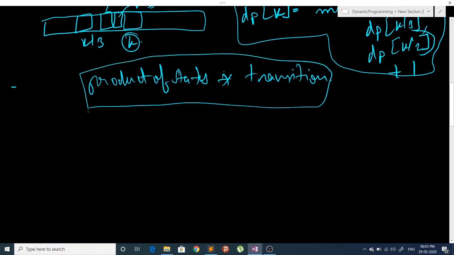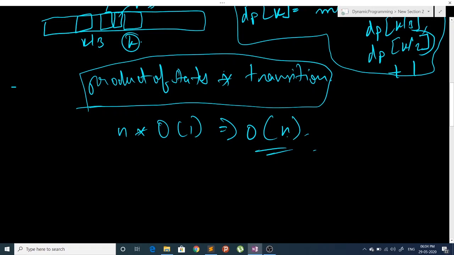This is the complexity of every DP solution. Our state is just the index, or let's say n, and our transition takes O(1) time. So our total complexity will be O of n.